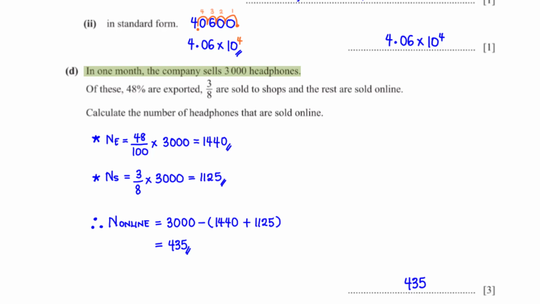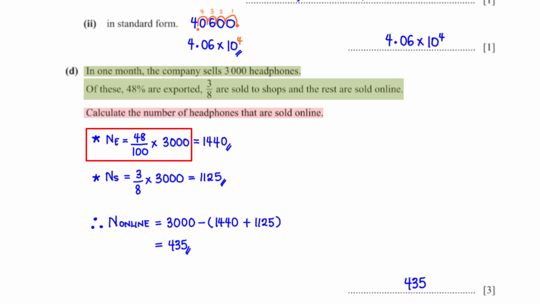In 1 month, the company sells 3,000 headphones. Of these, 48% are exported, 3/8 are sold to shops, and the rest are sold online. Calculate the number of headphones that are sold online. First, let's find the number of headphones that are exported. To get this number, we multiply 48 over 100 by 3,000. This gives us